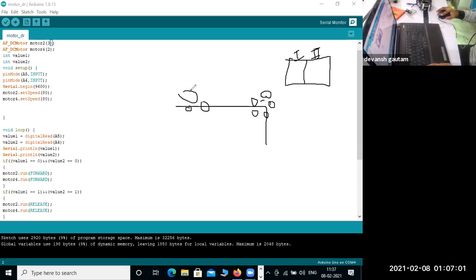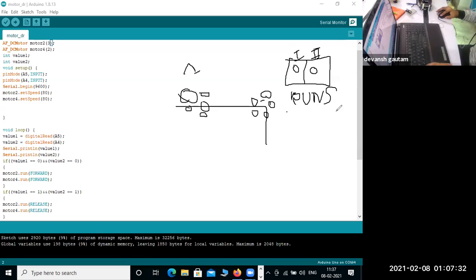We have a three-wheel robot, and we have a sensor here and a sensor here. In the first condition, it is a white surface, so we'll get a 0 and a 0. 0 0 means run straight. I'm just writing S.